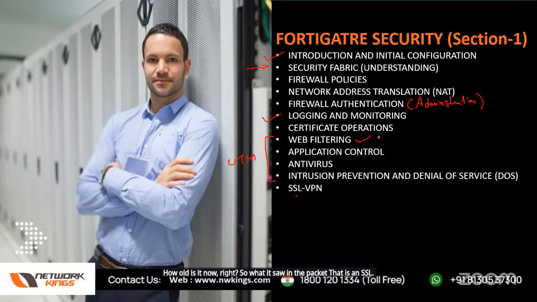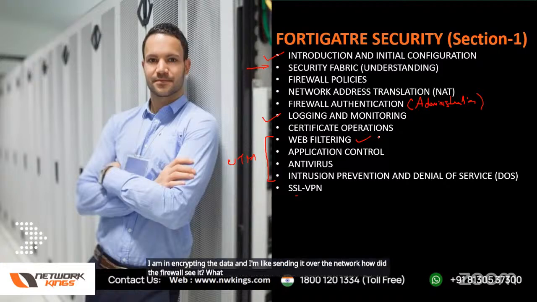Okay, so how is the firewall seeing the traffic? Something is hidden, right? I am encrypting the data and sending it over the network. How did the firewall see it? What do I need to do on the firewall so that it sees such a packet? And why? For example, someone says, hey, if you want your firewall to see every communication, make sure that your firewall